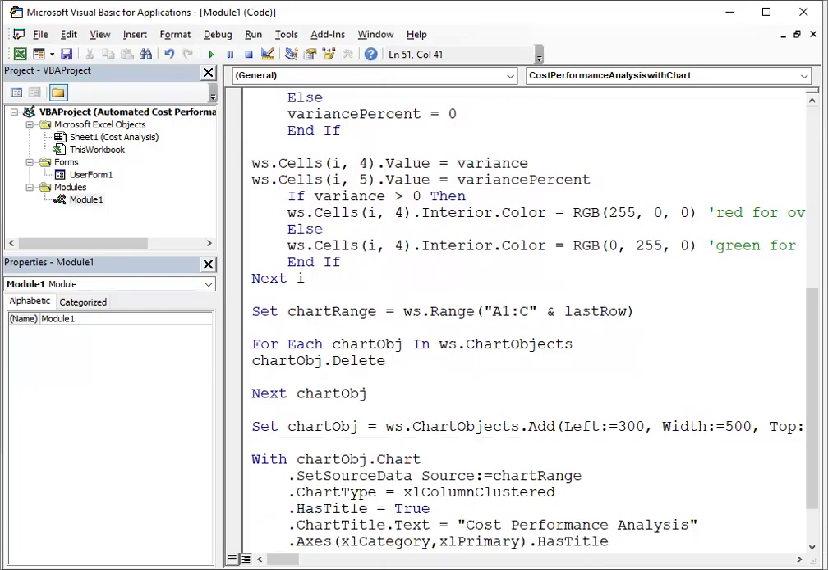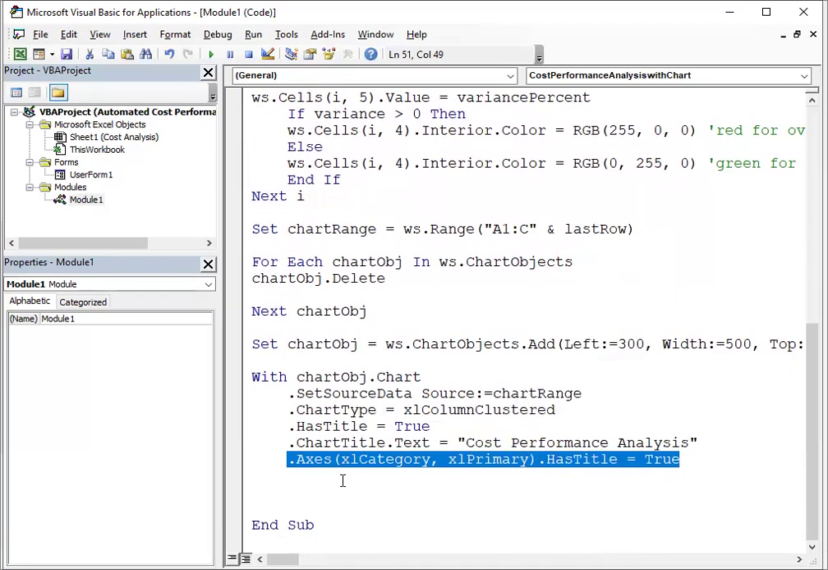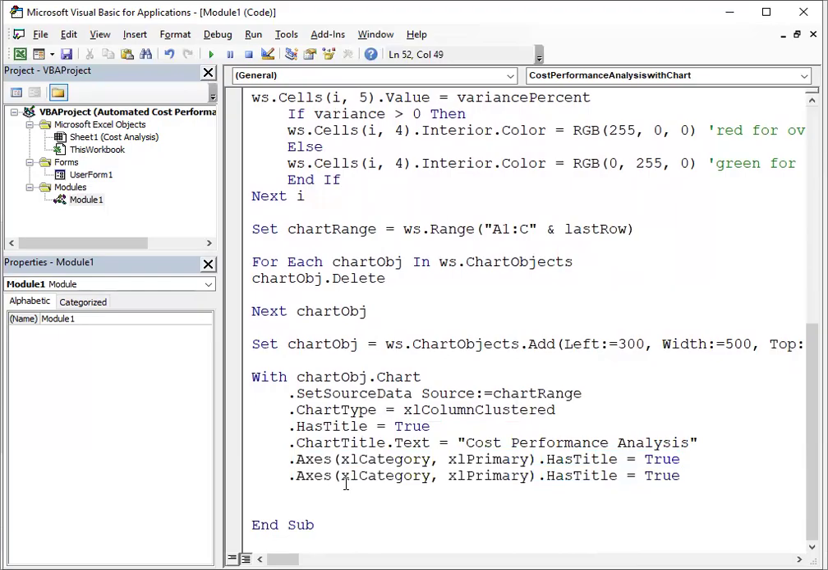equals True, right? Okay, what I'm going to do is just copy this, then paste, Control V. So again, Axes xlCategory, that's okay, xlPrimary, that's okay. Then AxisTitle, then .Text